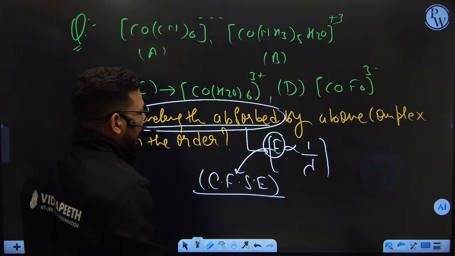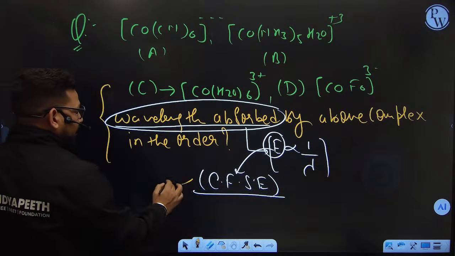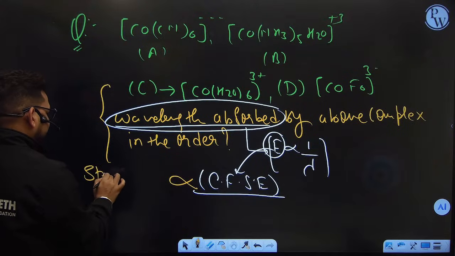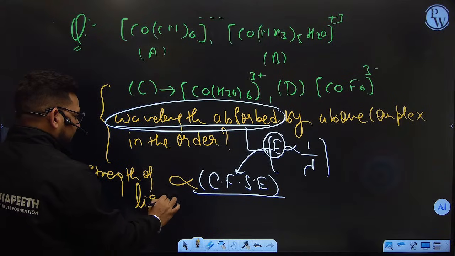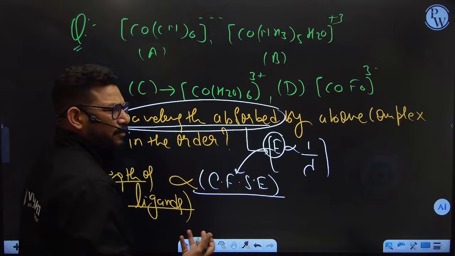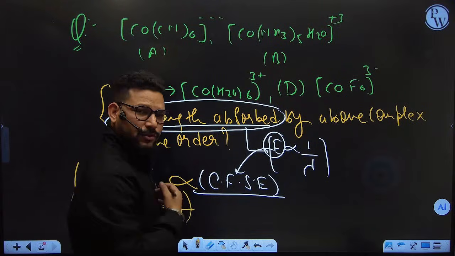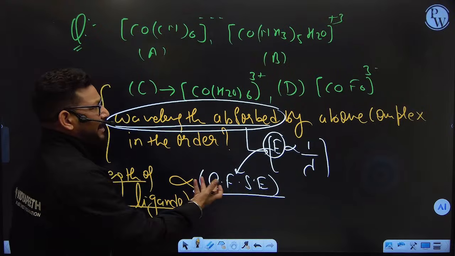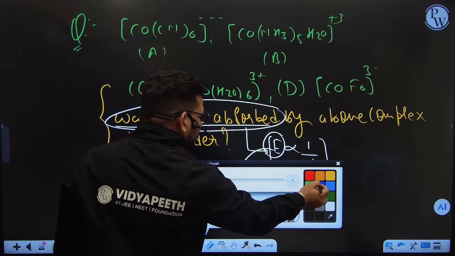Now the question is how to relate the CFSE, sir? I think all of you are aware that CFSE depends on the strength of the ligands. Correct? Strength of the ligands. So this is nothing other than a question where, if you know the actual order of the strength of the ligands, you are able to solve it. You can say this is an easy question, if you are able to connect the things. So now tell me one thing,